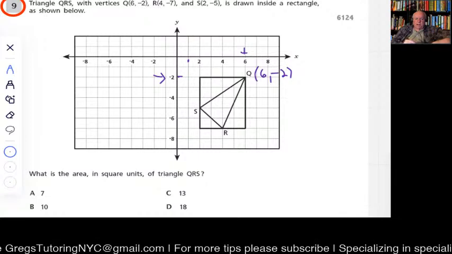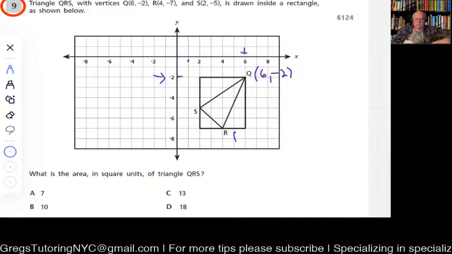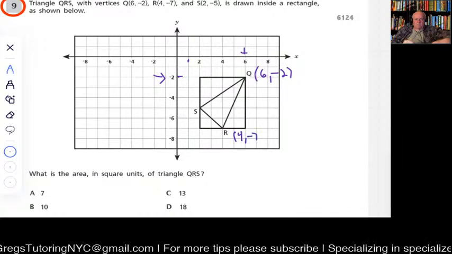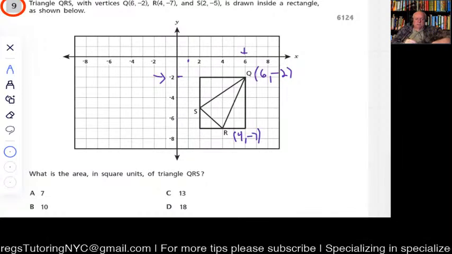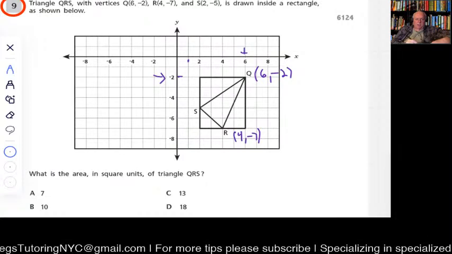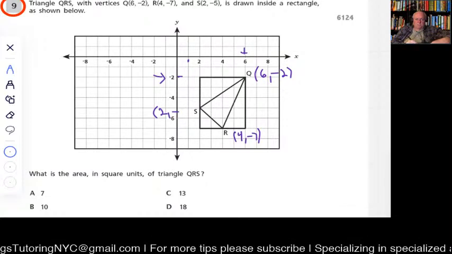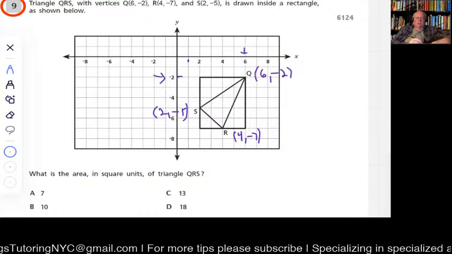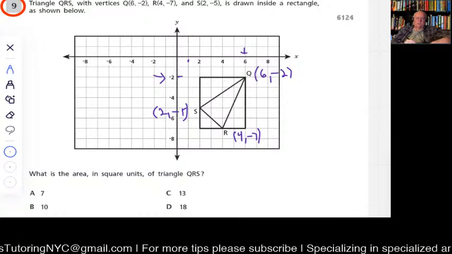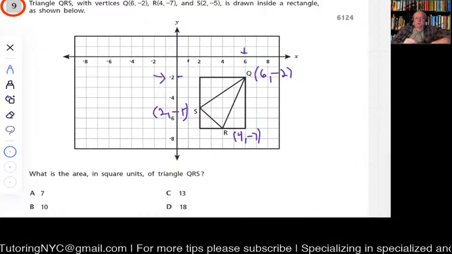R is (4, -7). Okay, and then S is (2, -5). So I'm going to write that over here. Okay, so triangle QRS with vertices, whatever, and vertex means the corners. So it's the corners of triangle QRS that we just wrote down,